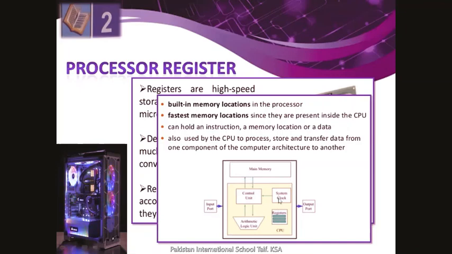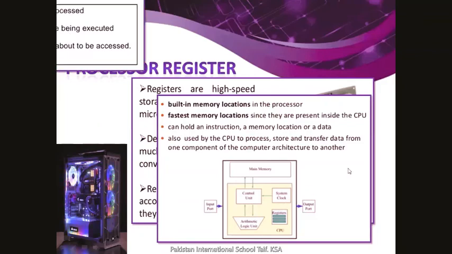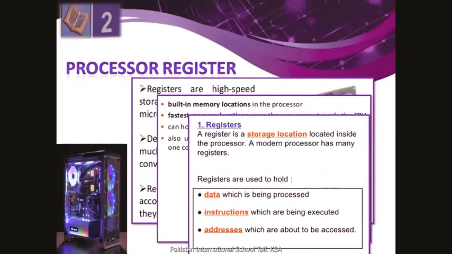Here you can check, we have a block diagram of our CPU. Here we have a CPU, a main memory, the control unit, and the ALU. Registers are temporary storage. When you enter an instruction and input any data, it passes to the register for a specific time period, as instruction, data, and address. Then after processing, your data is sent back to the output unit and to the main memory like this. So processor registers are basically storage locations located inside the processor.